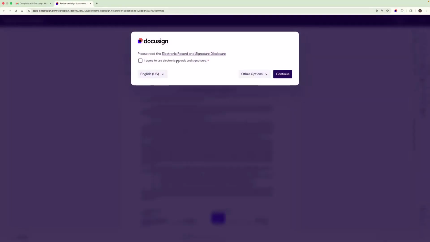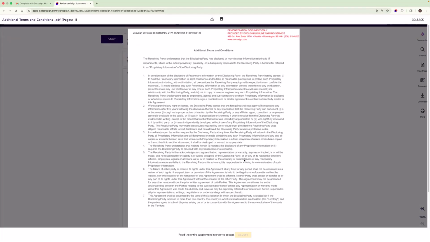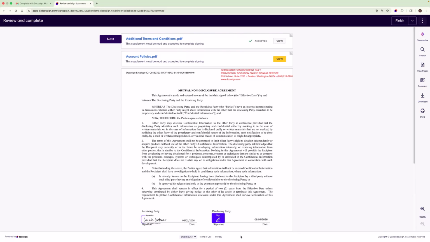She will open up the envelope, and she'll see those supplemental documents at the top. For Molly, we said that she needs to read and accept both of these supplements. So starting with the terms and conditions, she'll click view, and notice the accept button doesn't become clickable until she scrolls through, theoretically reading. Now she can click accept.